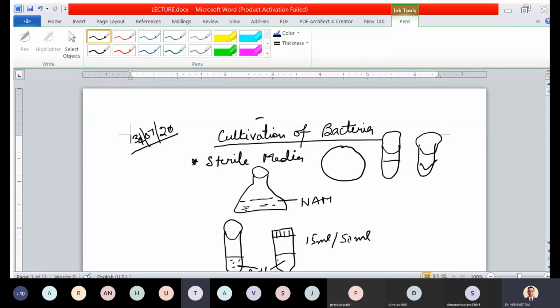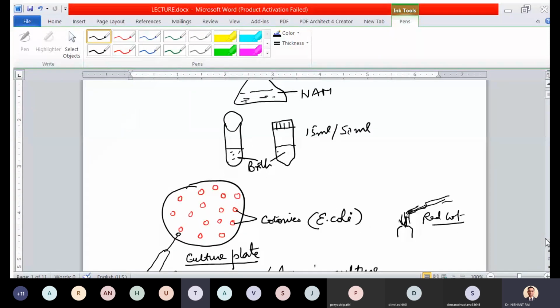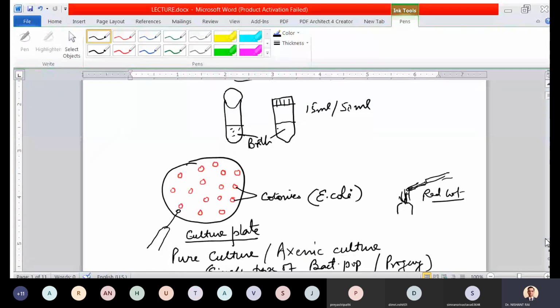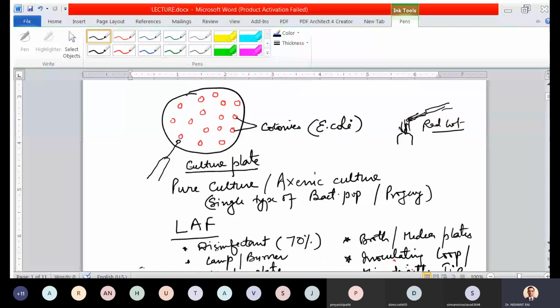So last time we discussed cultivation of bacteria, right? And we discussed how to culture the bacteria from a pure culture. Last time we discussed that a pure culture was given. Pure means all the bacterial colonies shown were, for example, E. coli. It was pure. It is known the population are of the same genera as well as the progenies of